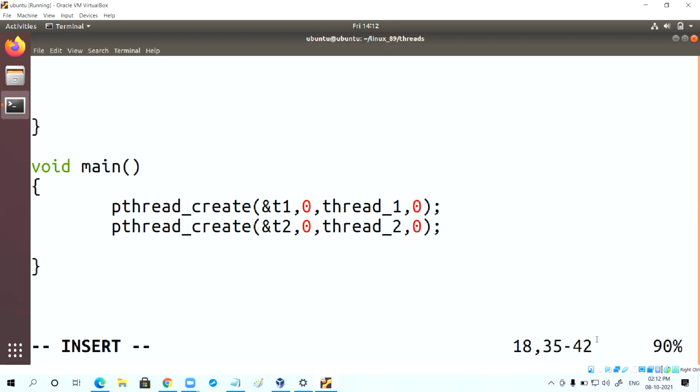So how many threads is main creating here? Two threads. One function is thread 1 and another function is thread 2.